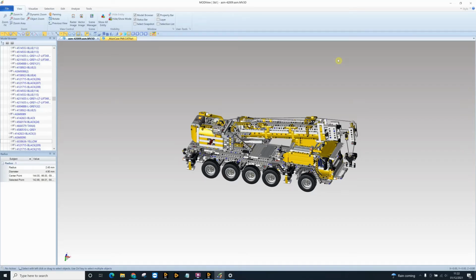This is MODView. MODView is a CAD viewer and translator software. It was originally designed in South Korea for the motor industry, and it is now the actual viewing software for the Kia and Hyundai motor group. This allows any engineer